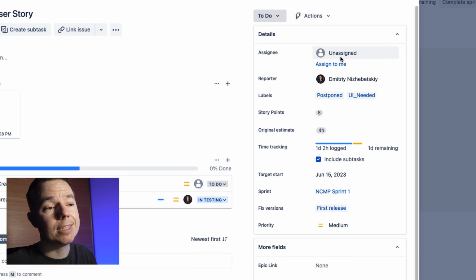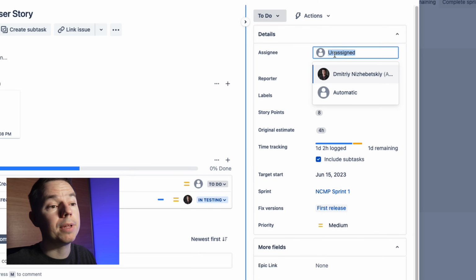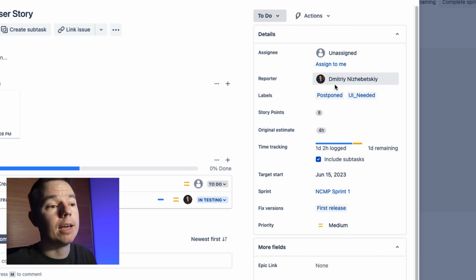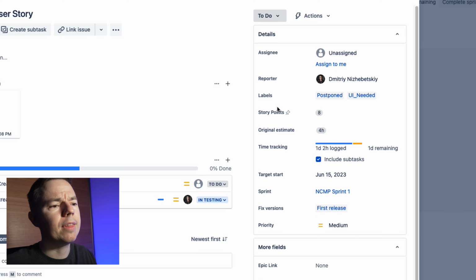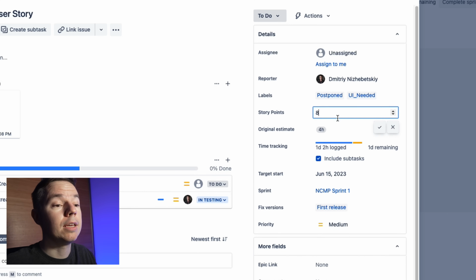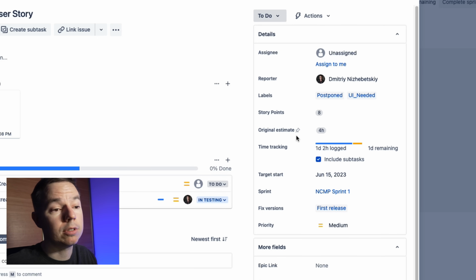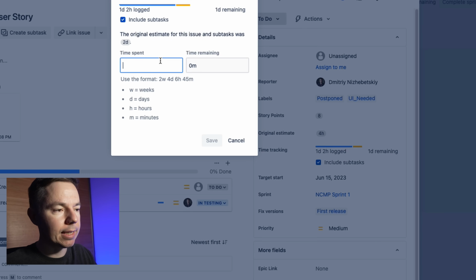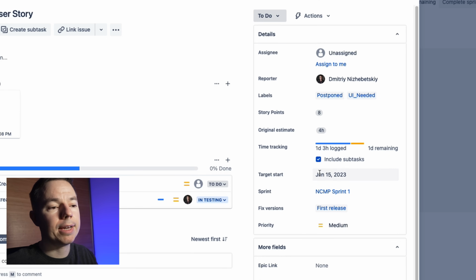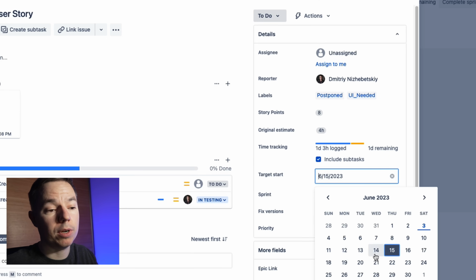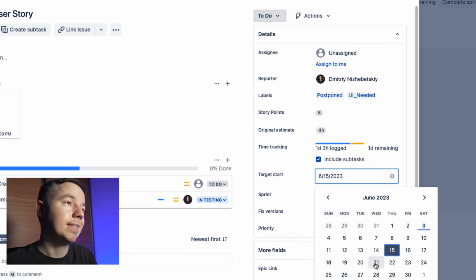Then you can go to this details part, and here you will have drop downs to select people. You can have your labels, which are multiple select fields. Then you can have your numbers like user story points here, or estimates in hours. Or even more complicated fields like time tracking, where you can add some time tracking to say that you spent 1 hour on this task. Likewise, you may have fields like date pickers, where you can select date or date and time.